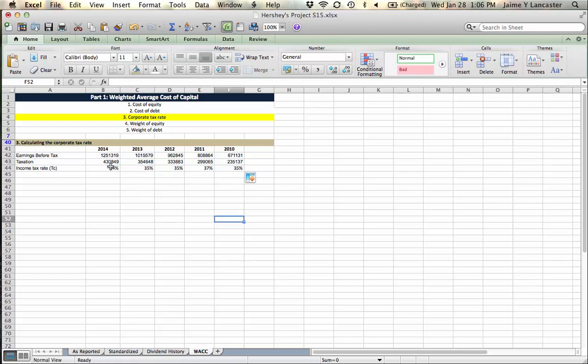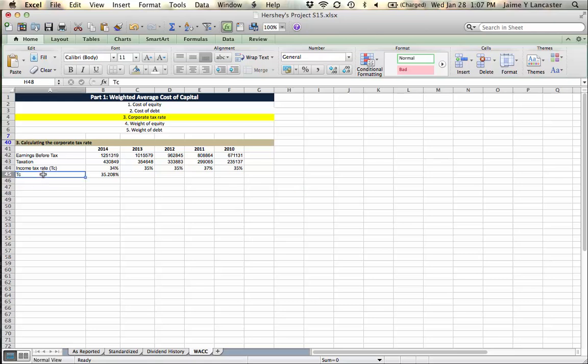And in this case, they're all about the same, which is great. Corporate tax rates tend to be in the high 30s. So if you end up with something like this, that's good. For my corporate tax rate, I'm going to use the average of these because they're so close together. You can use the average. If there's an outlier, you know, they've paid 1% tax one year, that's probably not very realistic. I'd remove that. If they have a negative tax expense one year, but the rest are in the 30s, you